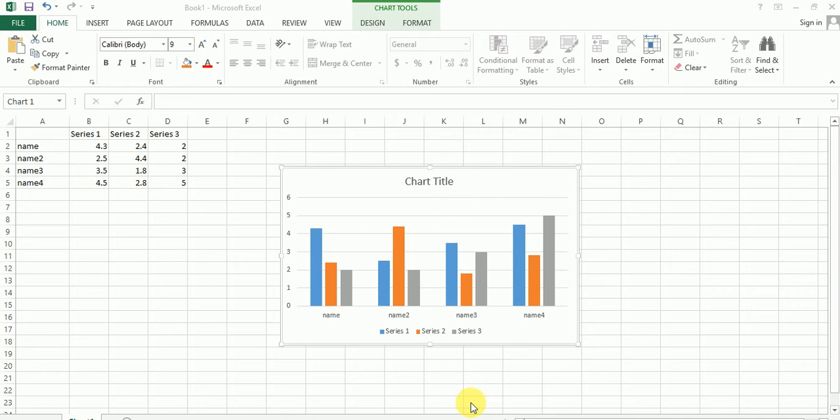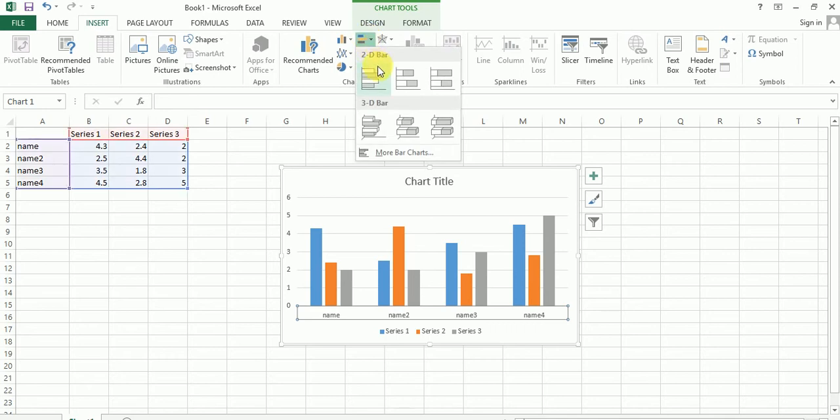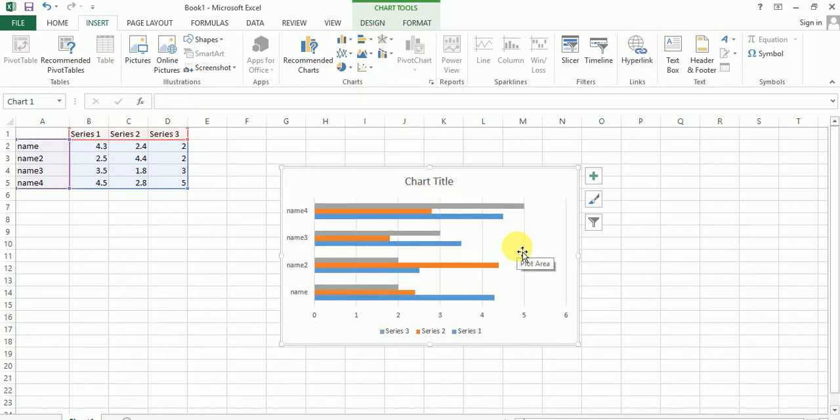Bar chart. A bar chart depicts data in the form of long rectangular rods known as bars. This one, bar chart. Okay, these bars depict data in the form of long rectangular rods. Comparison can be made among different items in a set of horizontal bars or vertical bars. Bars depict values on the horizontal axis, whereas categories are on the vertical axis.